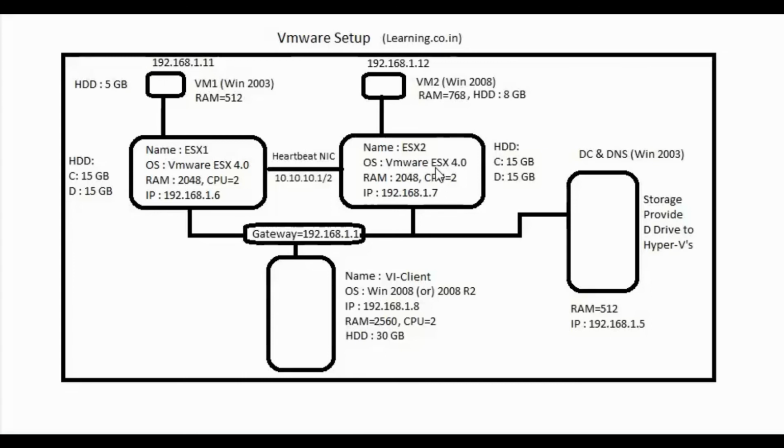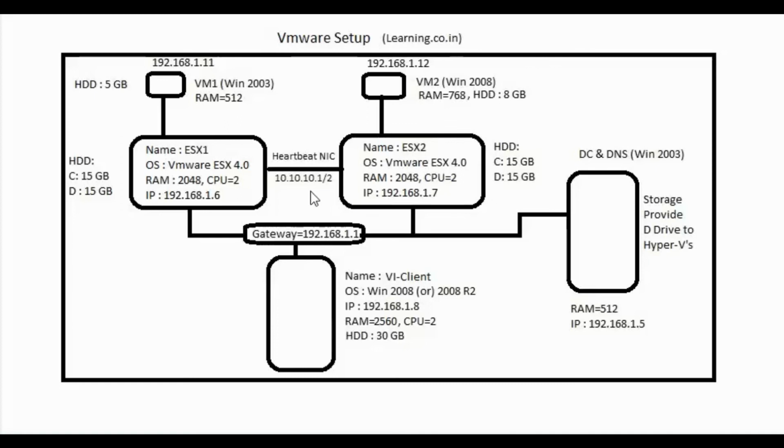In this diagram there is nothing tough. If you see the diagram very well, it's all about connectivity: connectivity between two ESXi, one Windows Server, Windows Server 3, and then one VI client. VI client means the place from where you will have access to your ESX box. And finally, if you have a 50 or 80 GB hard disk, you can get it done, so it won't be a challenge.